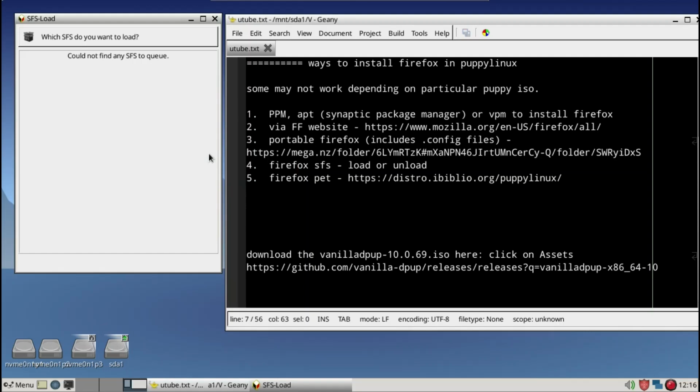Sometimes we can just go ahead and click on it, which says it wants Firefox SFS. It's expecting Firefox SFS to be already downloaded. We don't have it, so